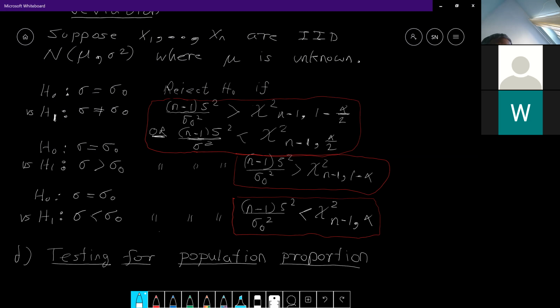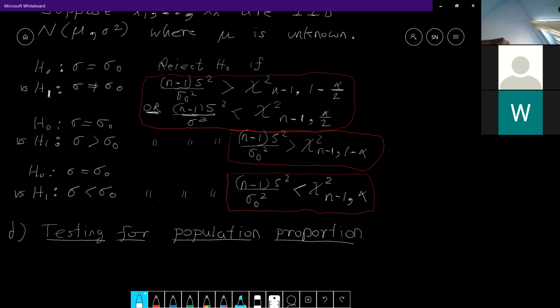All right. So this is testing for population proportion. In this case, we are supposing that the data are IID from a Bernoulli distribution with parameter P. And remember, P represents